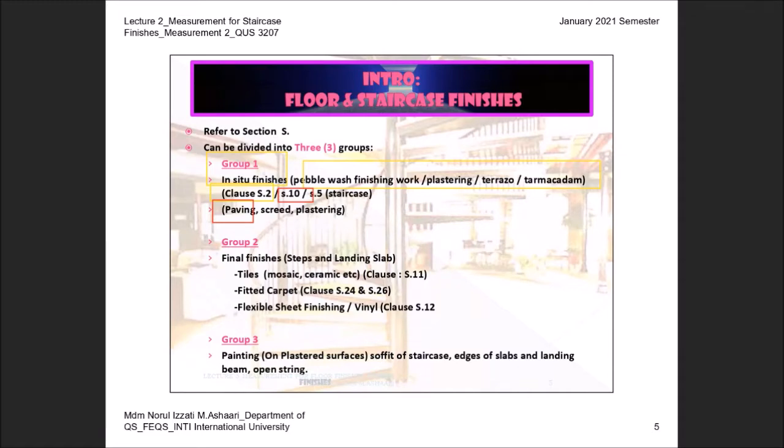Cement render consists of what? Cement plus sand plus water. So whatever you have to mix on the site, we call that in situ finishes. The other one, where Li Kylie highlighted S.10 as beds and backing. What is the meaning of beds? S.10, this is under beds and backing. Beds is the in situ finishes that you have to lay on